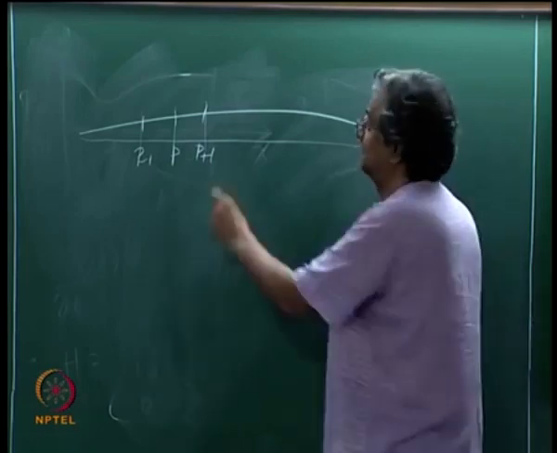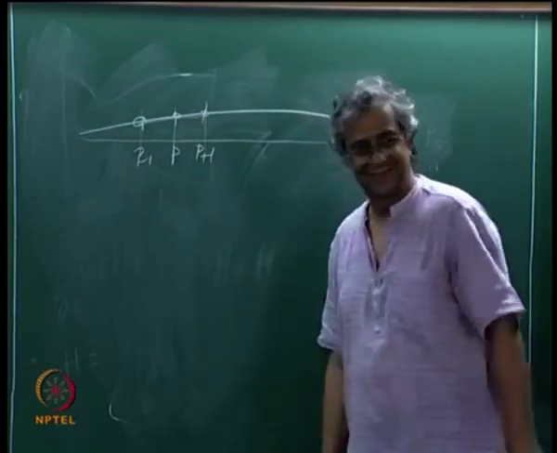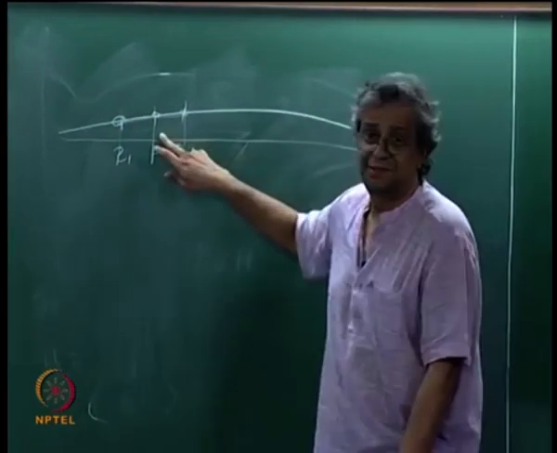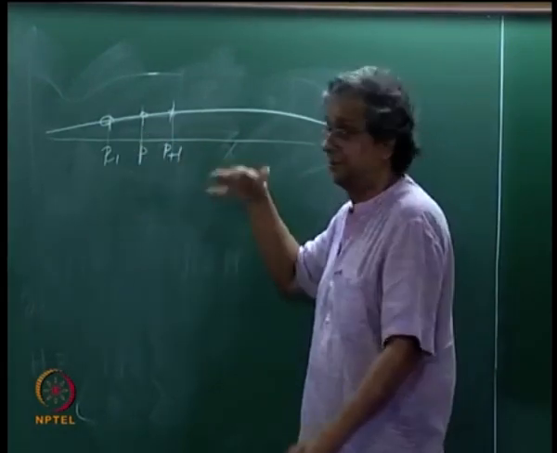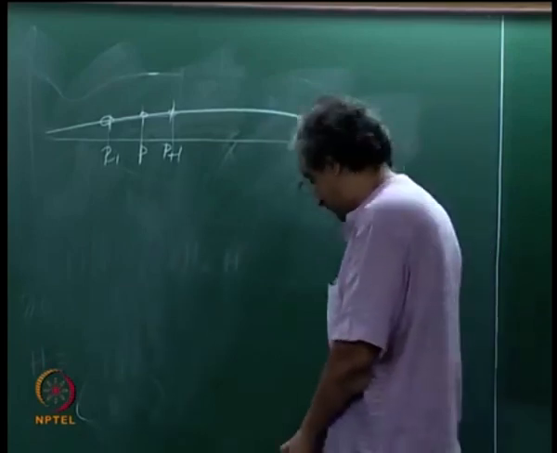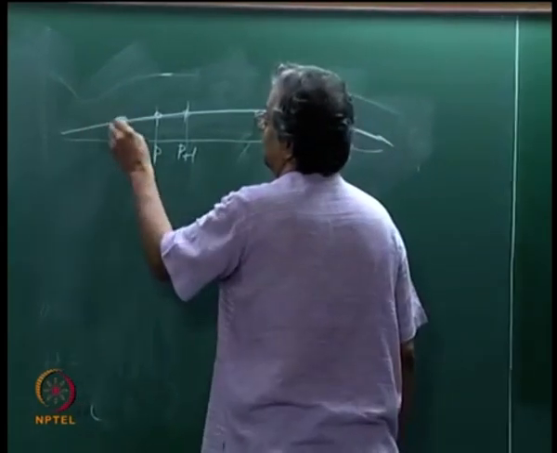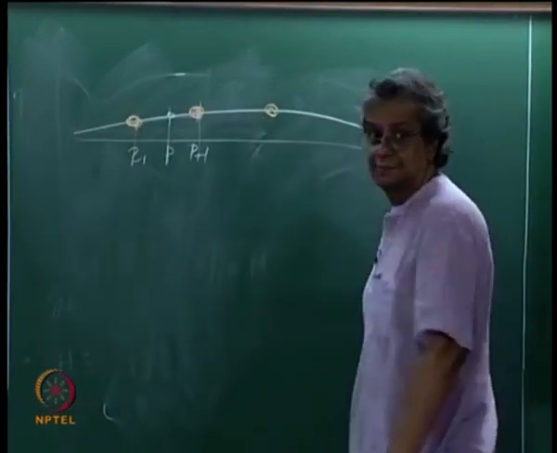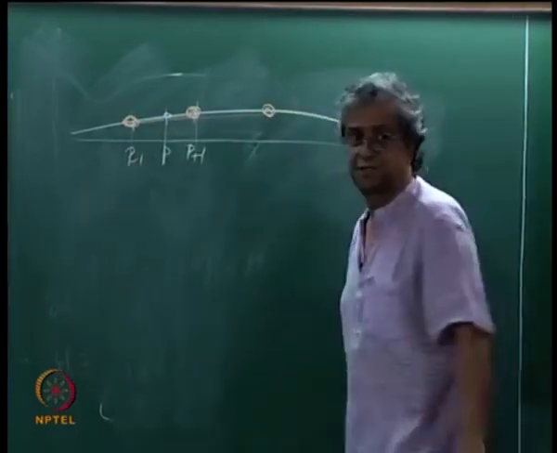And if you look at it, this and this, the average is very close. The changes that you are going to get with this grid are going to be very small, okay. On the other hand, if instead of that you had a grid point here, a grid point here, and a grid point there, now you can see that if you take the average, the change is much larger,